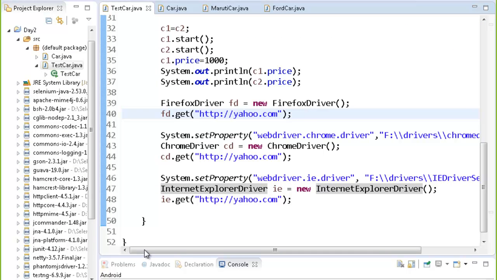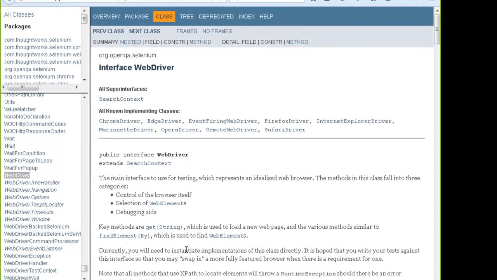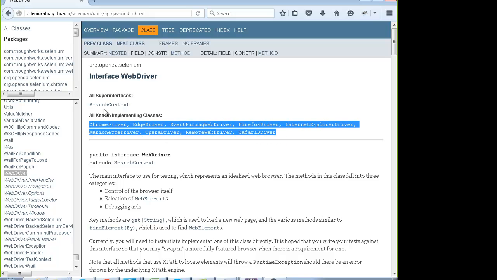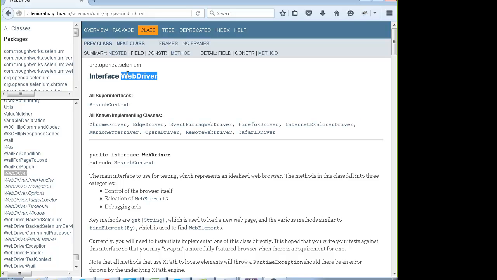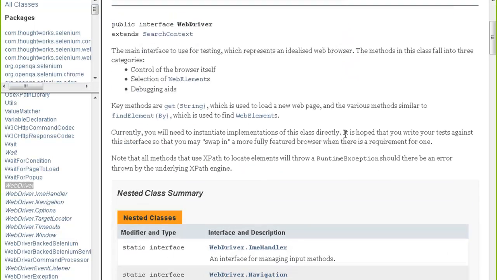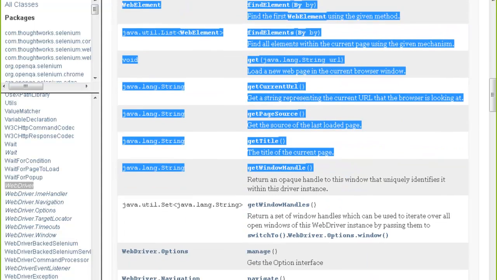So what I was telling you was that interface WebDriver is the main interface in Selenium API. All of the driver classes, they implement this interface. So all the driver classes have the same set of functions, and this interface defines methods which are very common methods to interact with the browser.